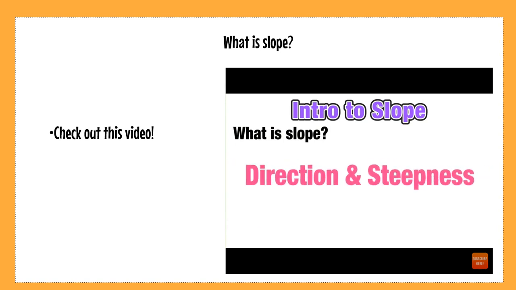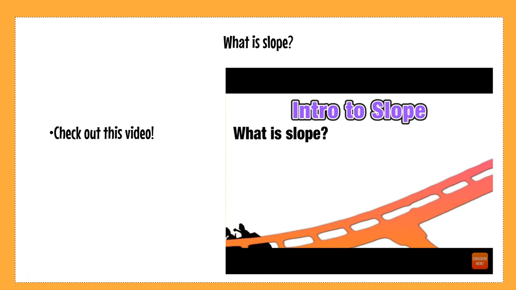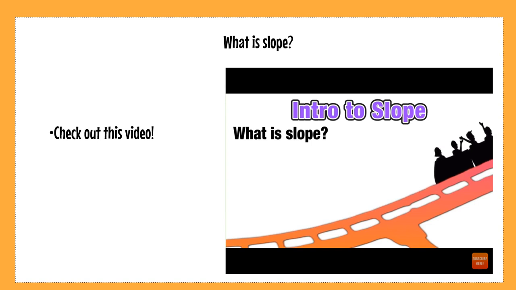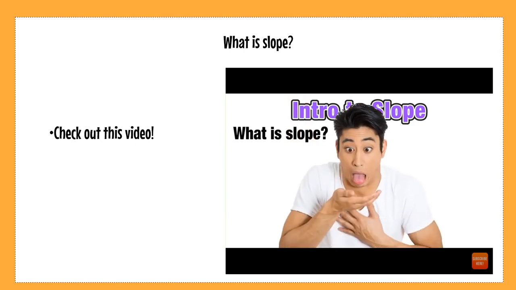So we are going to think of the slope of a line as its direction and its level of steepness. Now, portions of a roller coaster with a low amount of steepness result in a slow and gradual change in elevation, while the sections that are very steep result in a rapid change in elevation. So as long as you're not feeling too nauseous, let's go ahead and extend this thinking to our understanding of the slopes of lines.